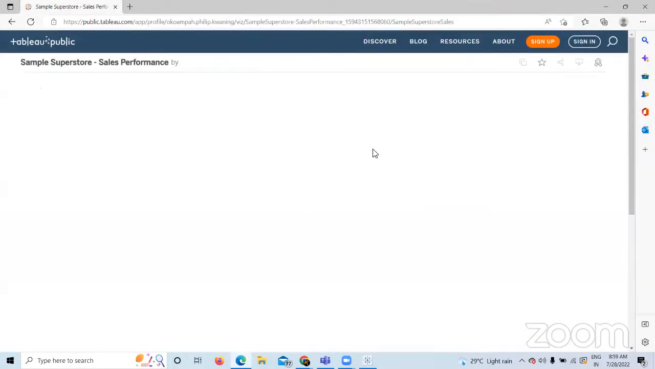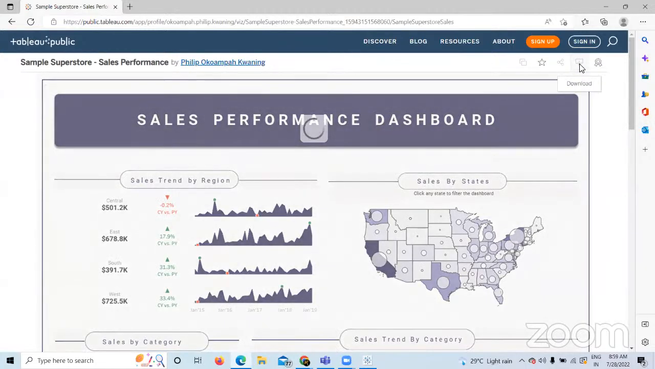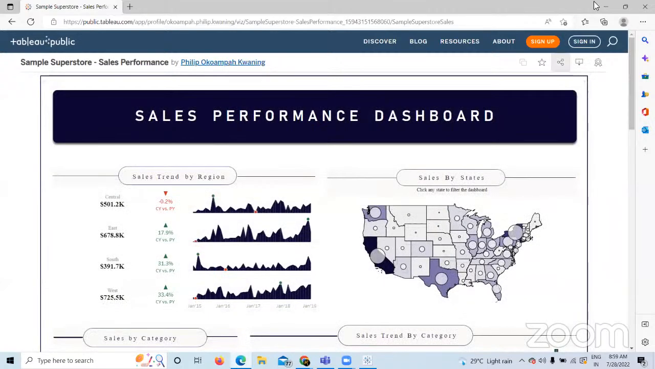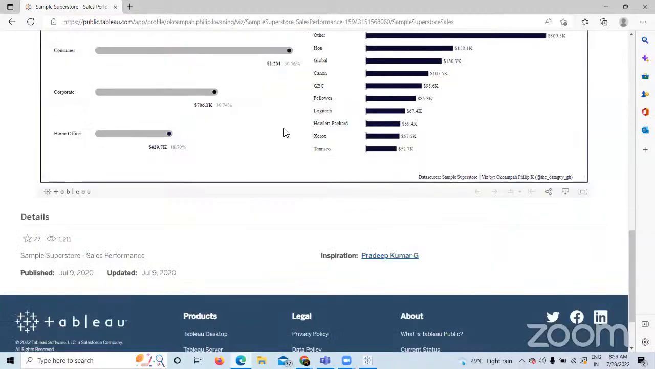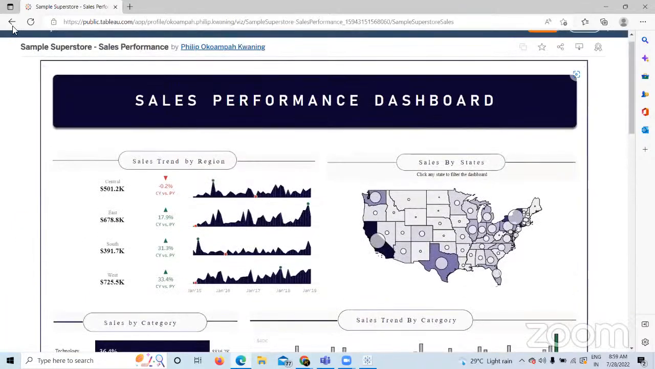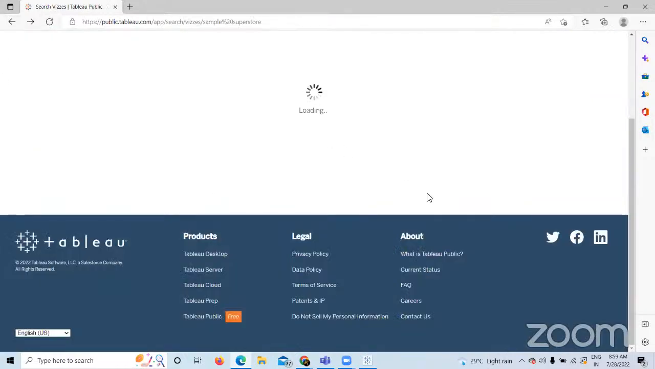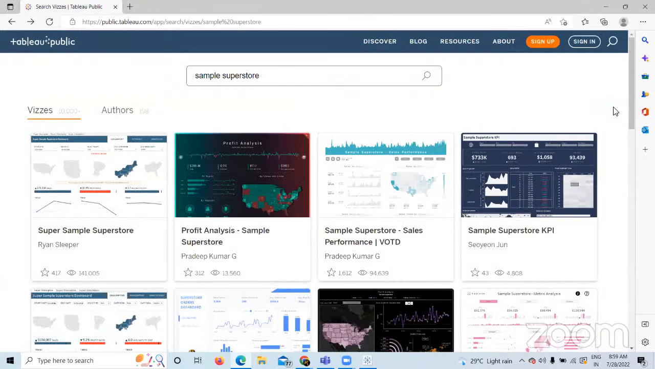If you go to this, for some of them, in the download they will give the option to download the workbook. In some of them, they will not give the option to download. See here, they are not giving you the option to download the Tableau workbook. But in a few cases,